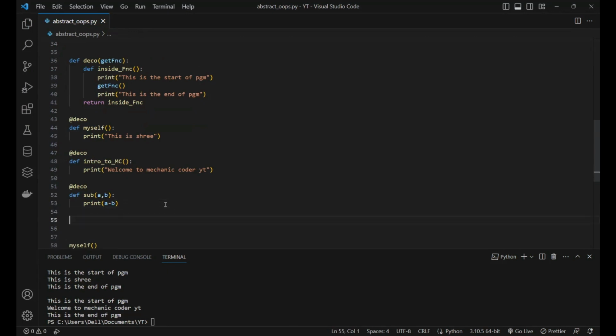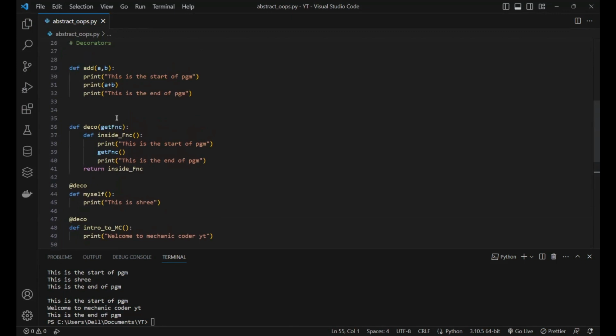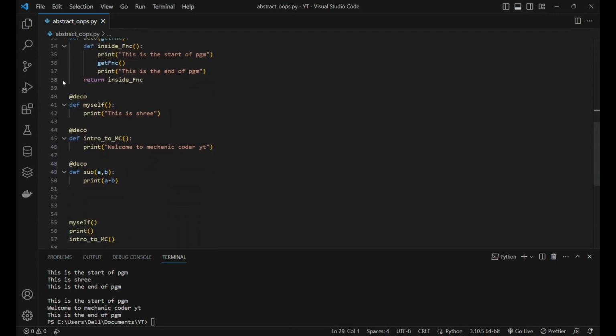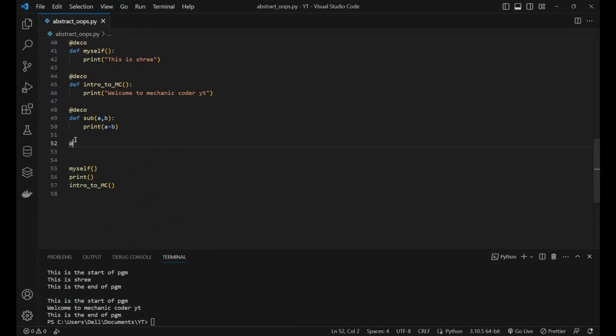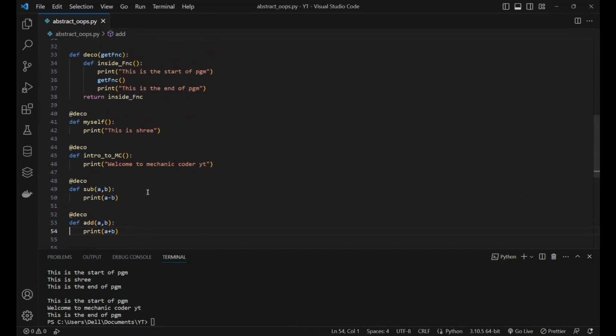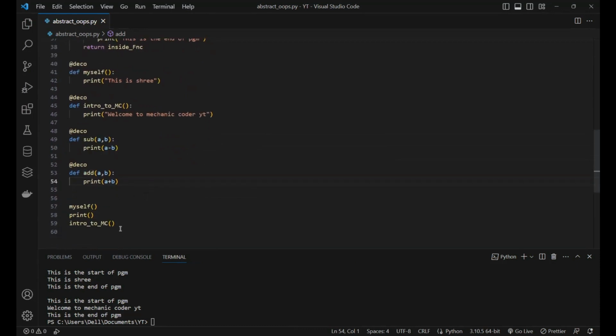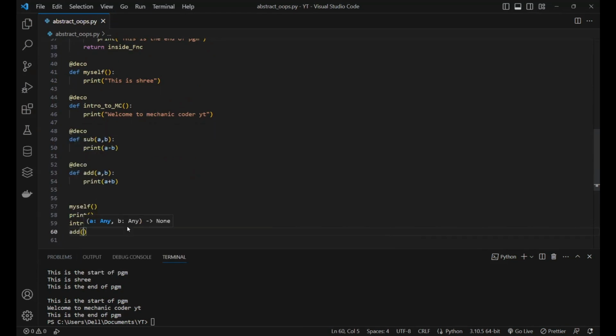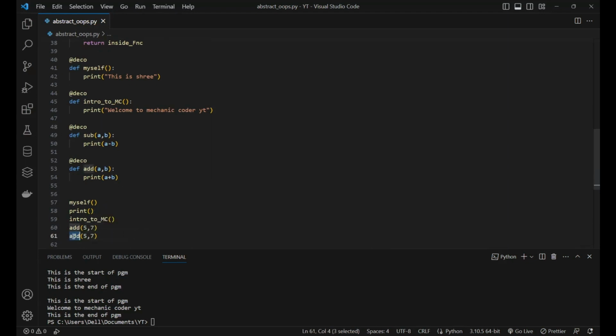Where is the other one? Add. Yes, this is the add function. Control X, and I'll paste it at last. Decorator is called deco, and I'll press enter. And I don't want this last line as well as this first line. Clear? So if I try to run it, there will be a slight error. Let's see why we get the error. To add I'll give, let's say, 5 and 7, and here I'll do subtract, sub